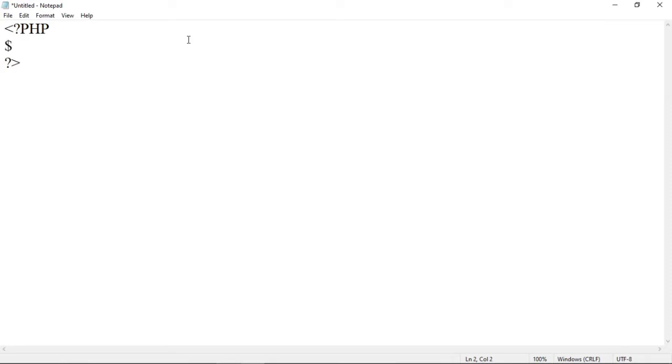To declare a variable, the dollar symbol is used, and the variable here is $str. $str is equal to, here define any string that you want. Suppose, good morning, have a nice day. This is our string. Then use a semicolon.